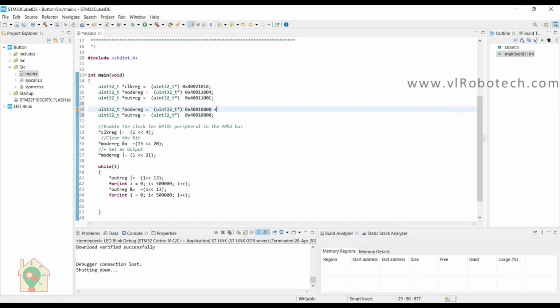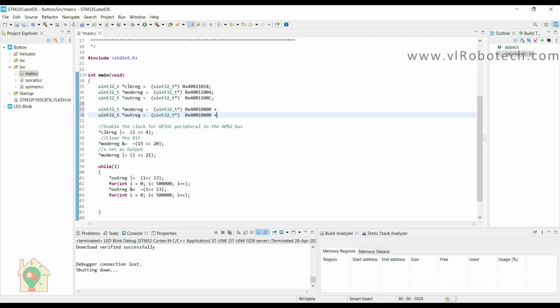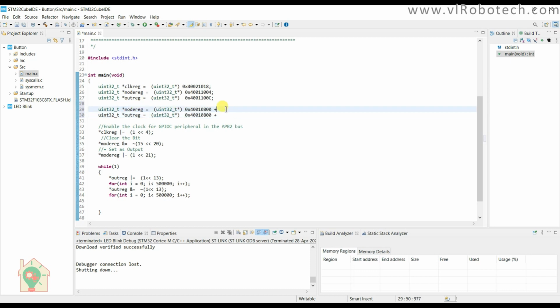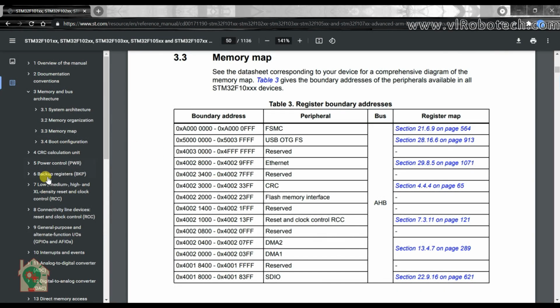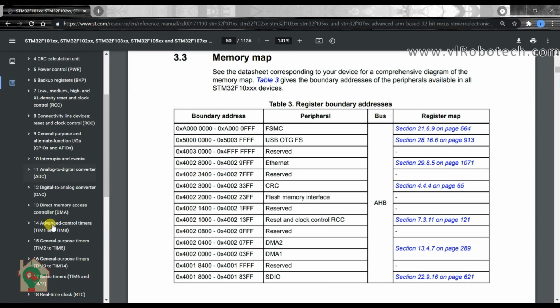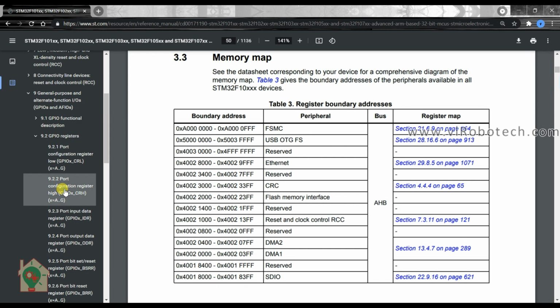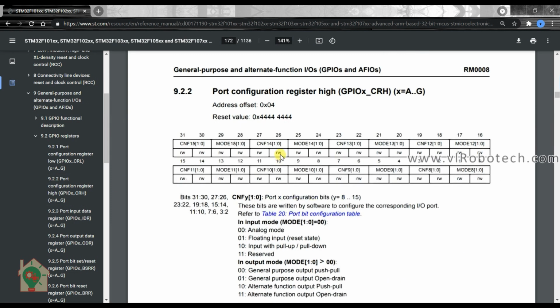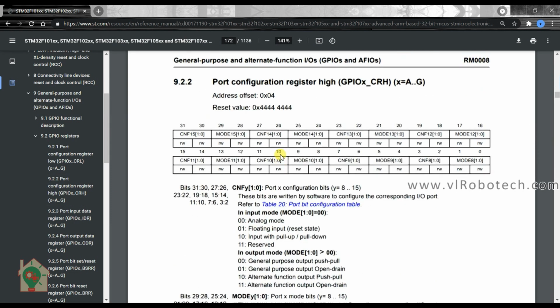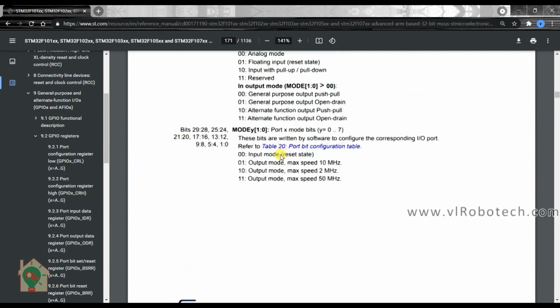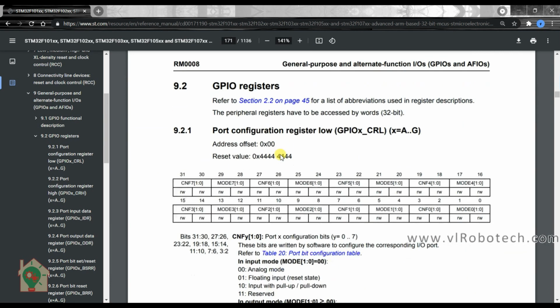Now we will add the masking value. It will be the offset register. We will add here the offset value for the mode register. So go again to the reference manual. Now go to the general purpose register. This is the GPIO register.